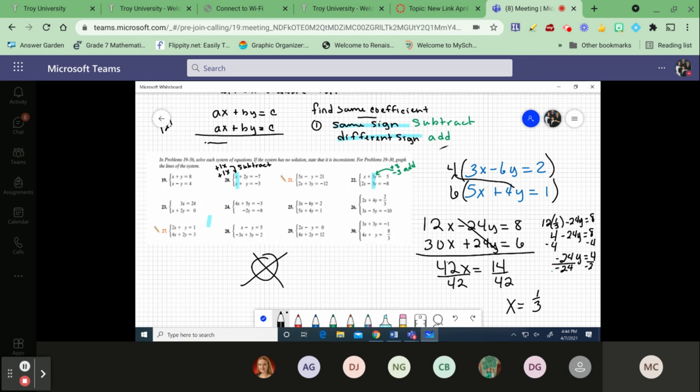Dividing by that negative 24, y is going to equal negative 1/6. So x is 1/3, y is negative 1/6. Recalling them, maybe hearing that word elimination isn't really bringing them back, but do you remember doing these